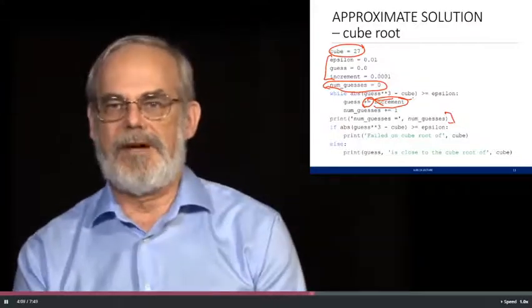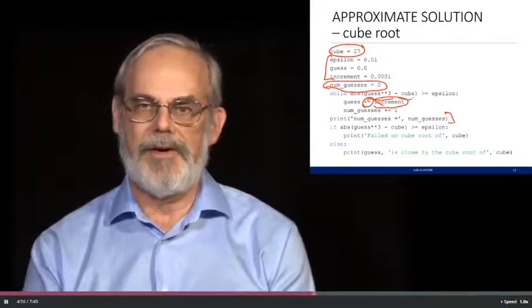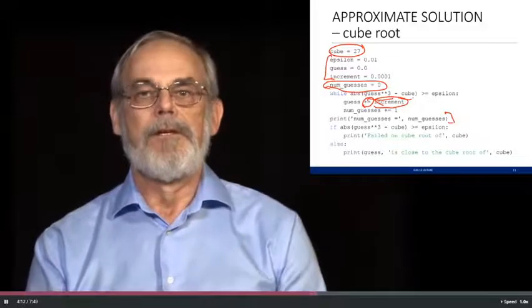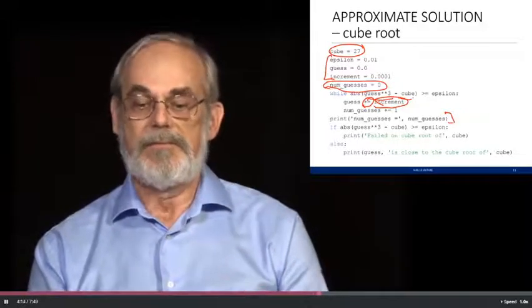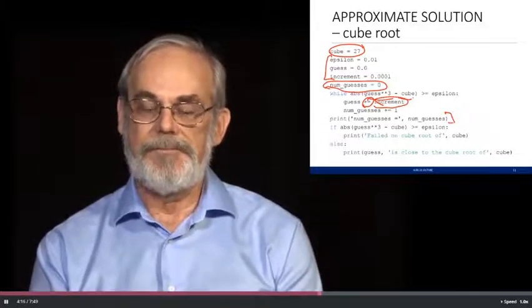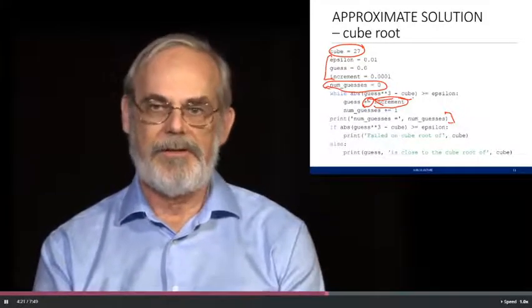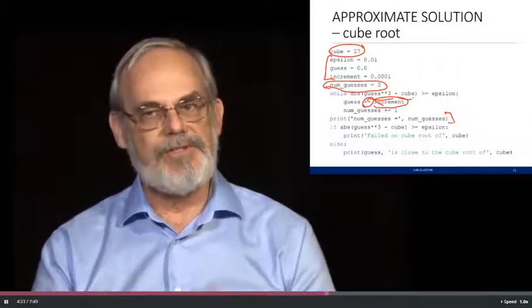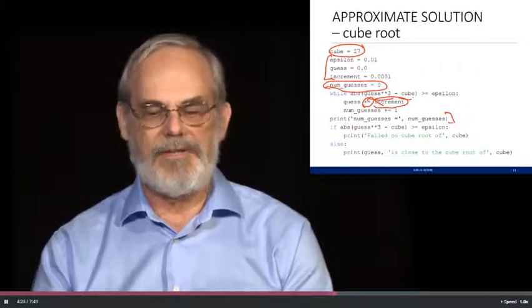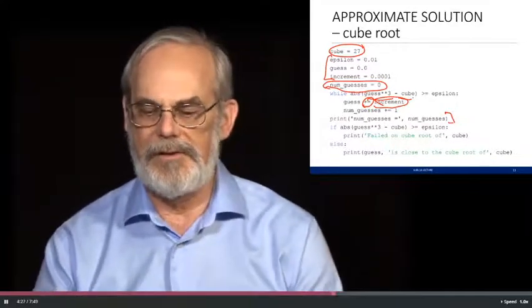We're going to see in a little bit why it doesn't just give me 3. It gives me this funny answer in there. But you can also see that it took almost 30,000 times through the loop before it got to that. Why? Because I started with a very simple answer, 0. That wasn't close enough. Then I went to 0.0001, then to 0.0002. And you can see I'm going to have to do a lot of things until I get to something that's going to give me a good guess.